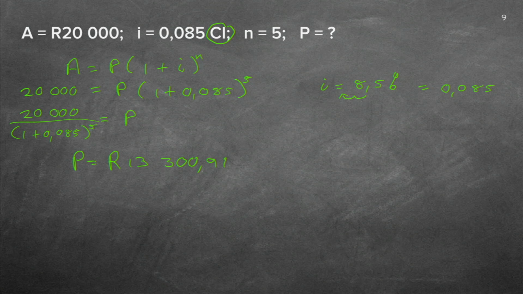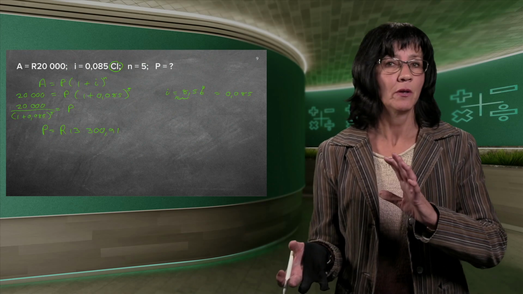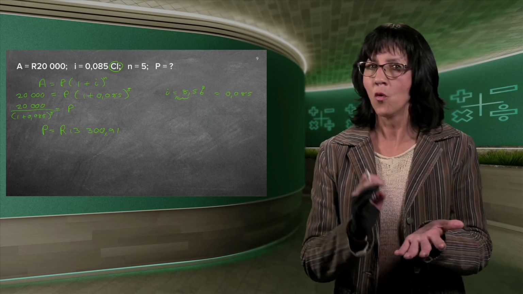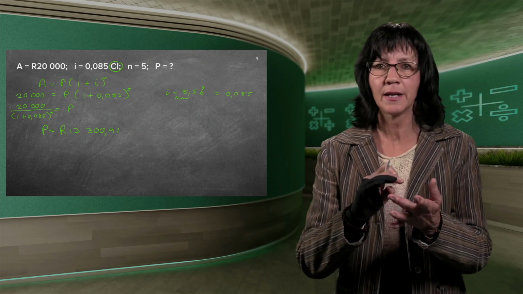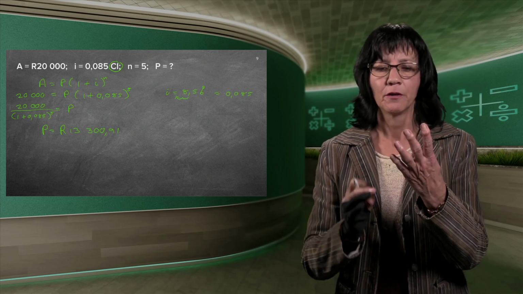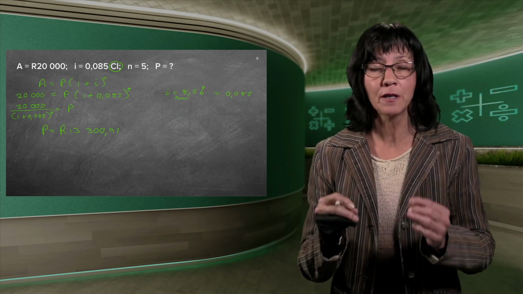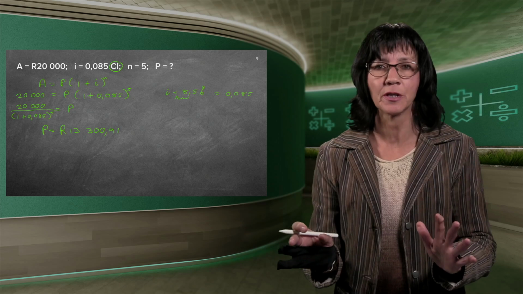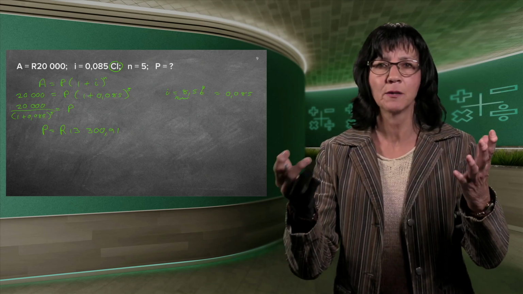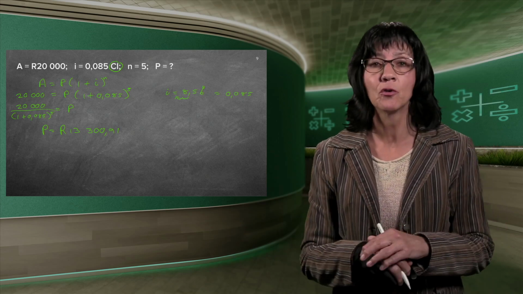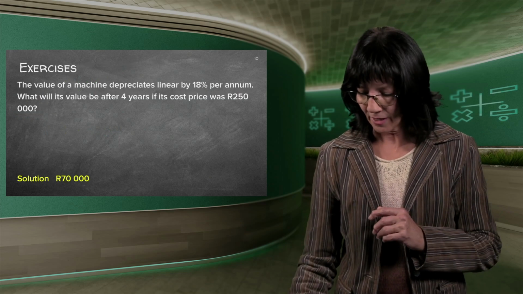So as you see, we've done now different problems. All of them have got an A, a P, an I, and an N. 4 digits. 3 of them will be known, 1 will be unknown. You must just pick the correct formula before you start substituting. Once you've got your formula, it's all done. You must just fill it in. Make sure you click correct on your calculator and you'll have the answers.